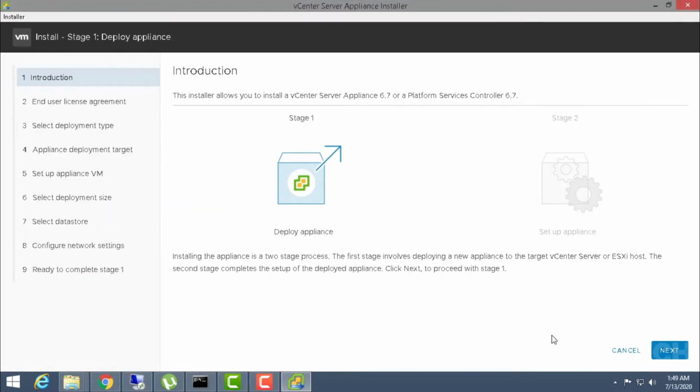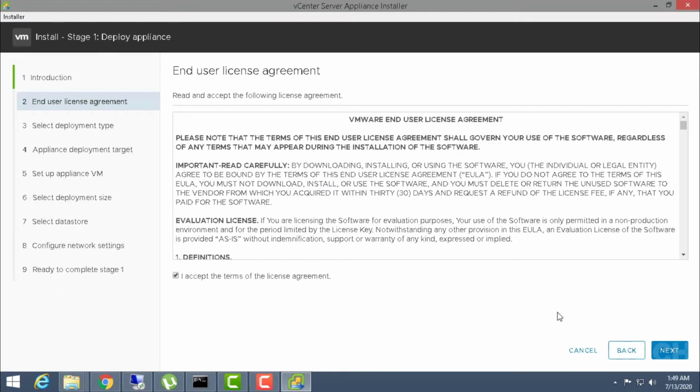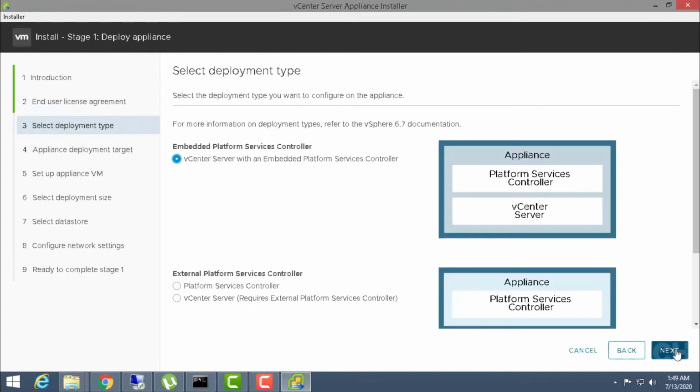So here is stage 1, deploy the appliance. Click next, accept the license agreement. So for vCenter, there are deployment types: the embedded platform services controller and the external platform services controller. So I'm choosing vCenter server with embedded platform services controller. Click on it